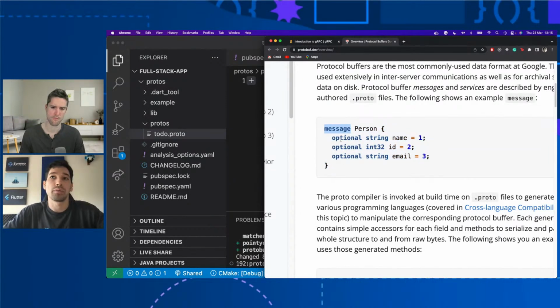If we would like to create a to-do class, we will have to use the keyword message. Then for defining every property, we use a special notation where you define the name of the property and a code. That code would be an incremental integer.